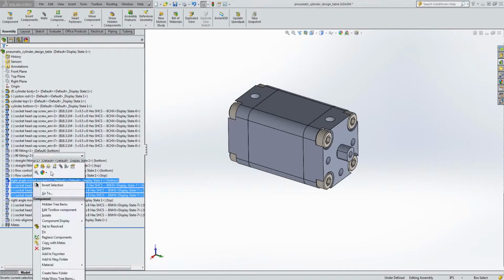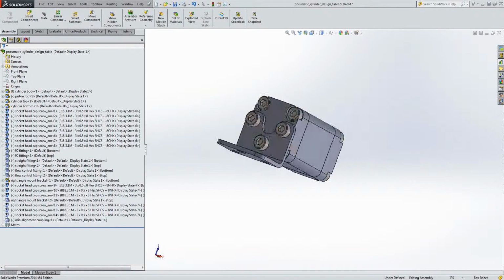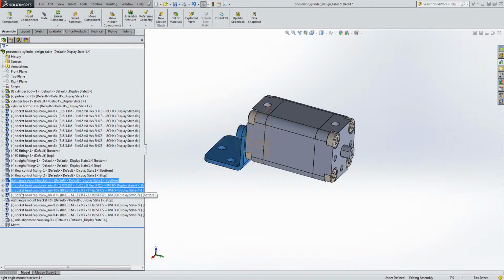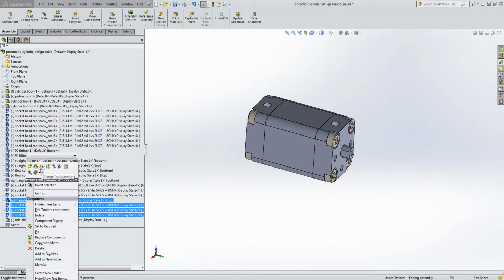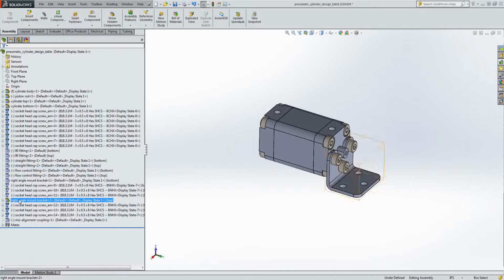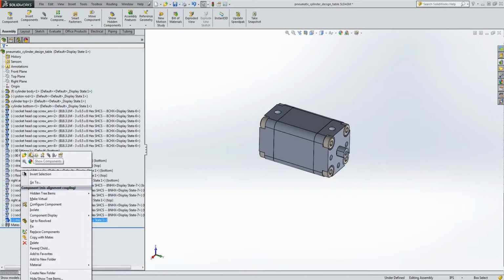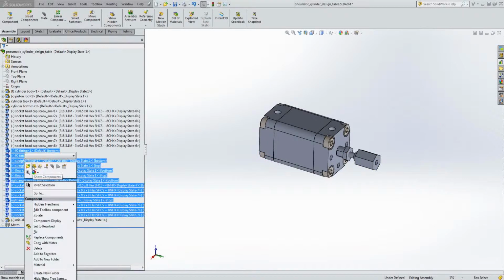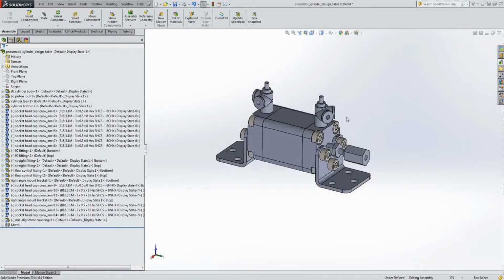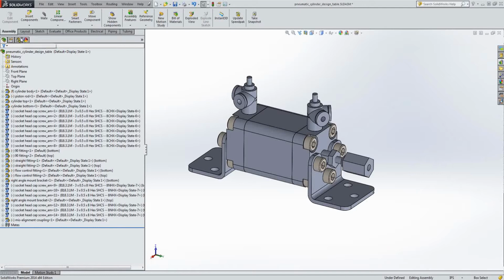I have a right angle bracket for the bottom and a right angle bracket for the top, and then a misalignment coupling. So those are all the different options that I could possibly have. So I'm going to go ahead and turn all those guys on, and just like doing our process to